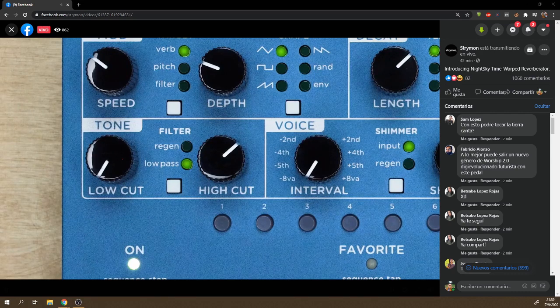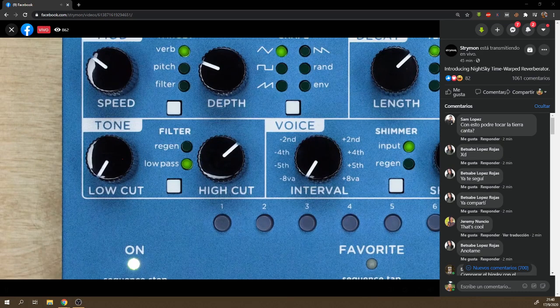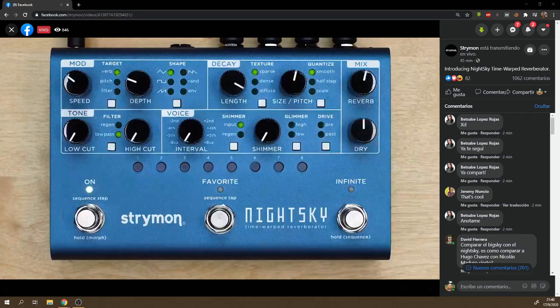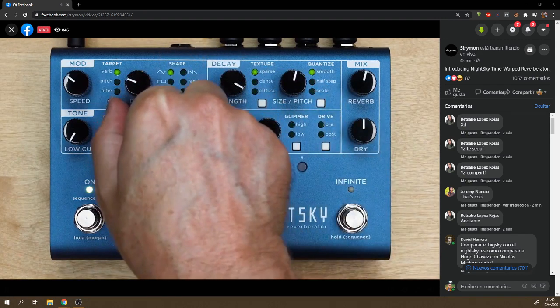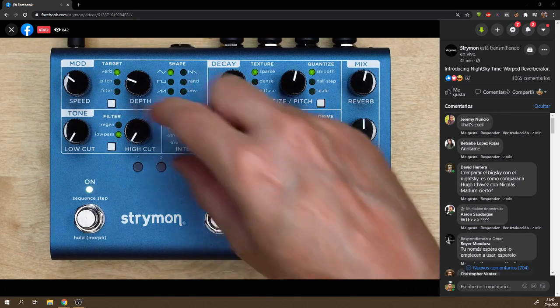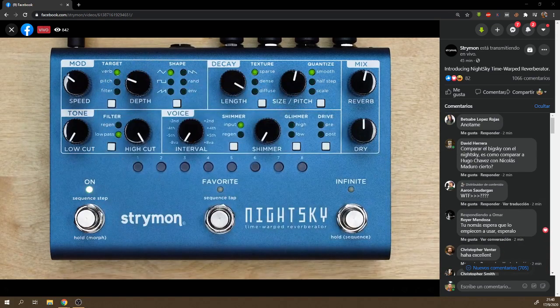The minimum cutoff is 20 Hz, so you can filter out the entirety of the wet signal by turning the high cut to maximum. Here's the filter sweep at the maximum Q setting. At minimum Q setting,